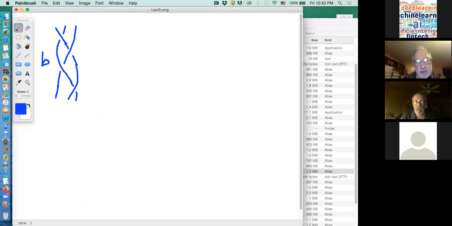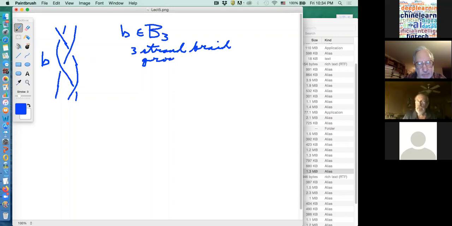If I have a braid here, this braid is in B3, the 3-strand braid group. And here we are taking diagrams more seriously, because you see the braid is actually thought of as an